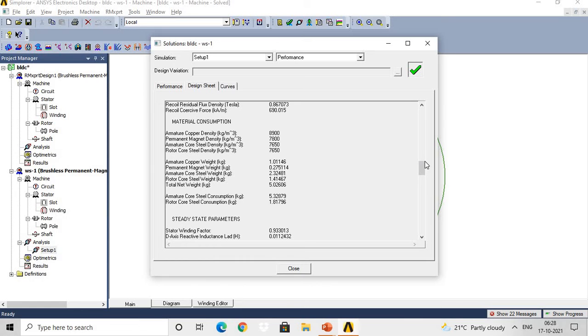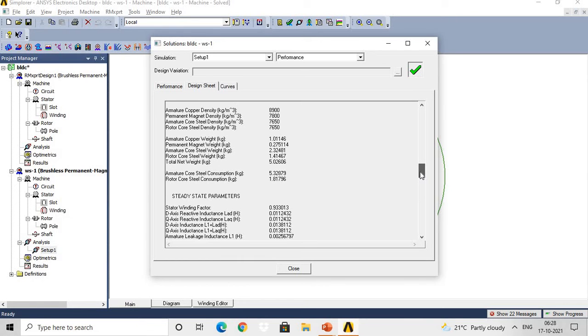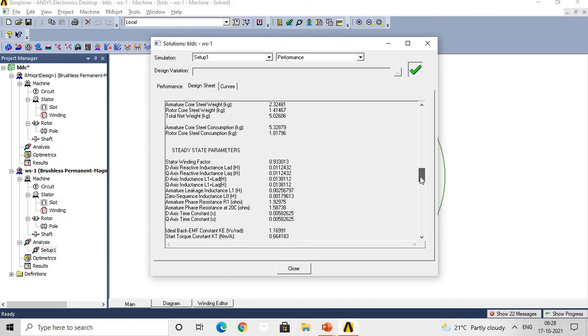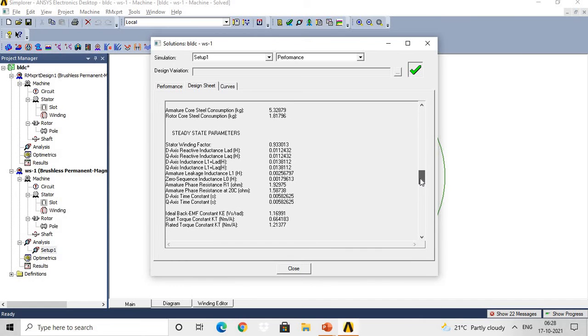Then steady state parameters, in which there are different parameters, like stator winding factor, d axis relative inductance, q axis relative inductance, d axis inductance L1, and then armature leakage inductance, zero sequence inductance, armature phase resistance, armature phase resistance at 20 degrees Celsius.